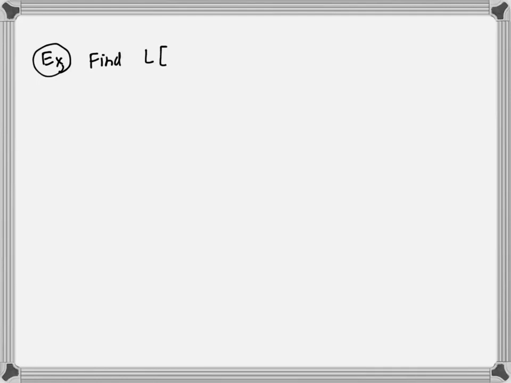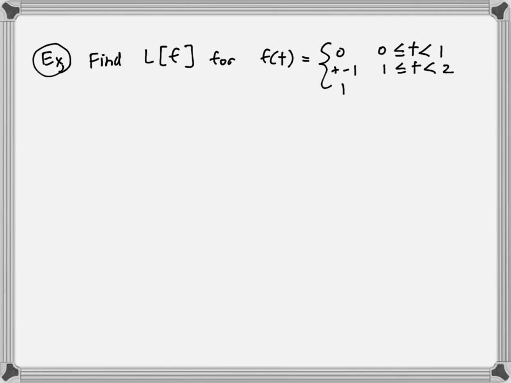Find the Laplace of f, for f of t equals 0 for t less than 1, then t minus 1 in that interval, and then 1 in this interval. Now, this may seem familiar to you. We've already done this example as far as rewriting it using unit step functions. So I'll just say, in the example from the last section,